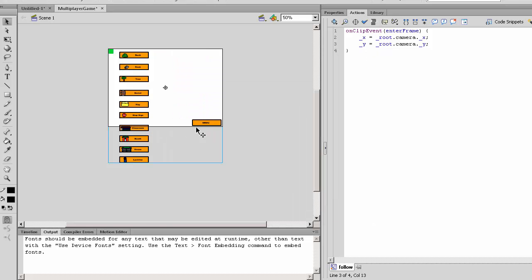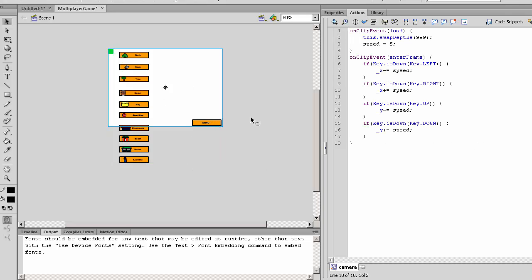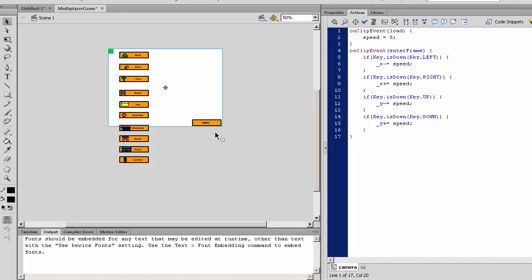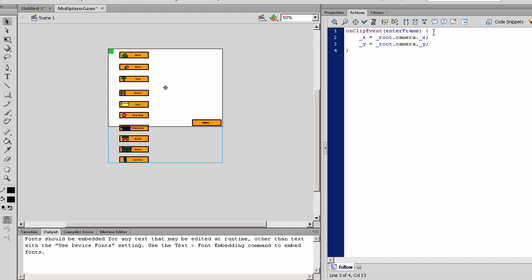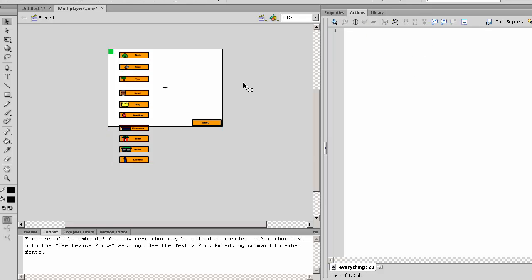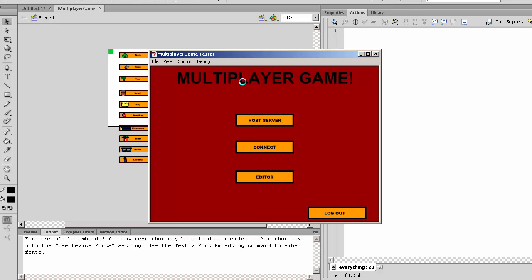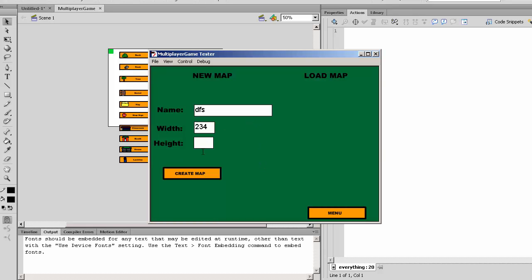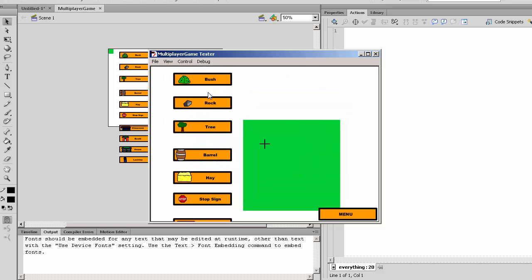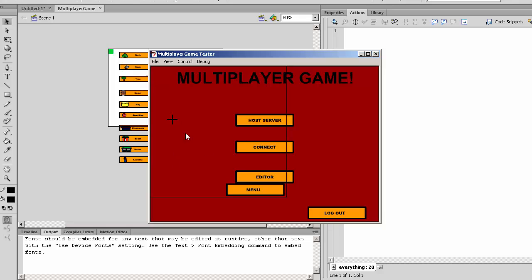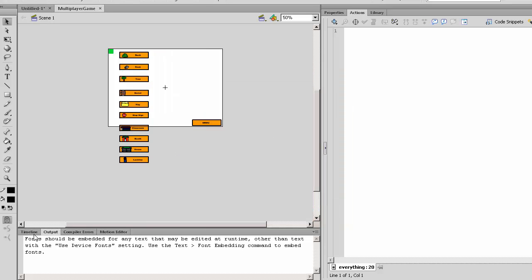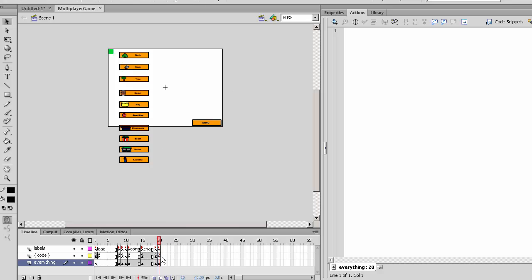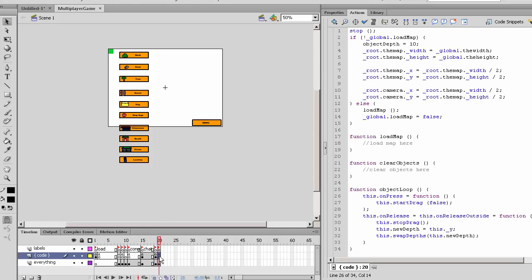And take out this swap depth from here since we don't need this swap depth in the camera, and put it in the follower. So now we can move around as usual. If you go to the menu, this happens. That's because since it swapped a depth so high, it won't be able to come up. So when we go to menu